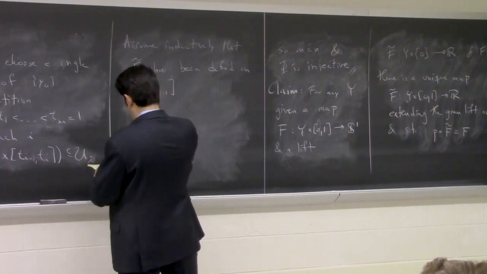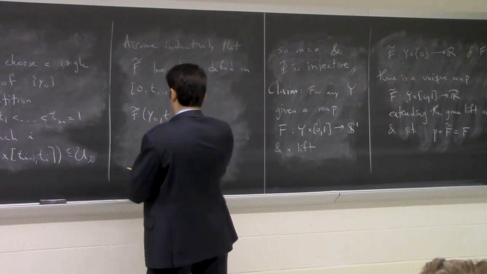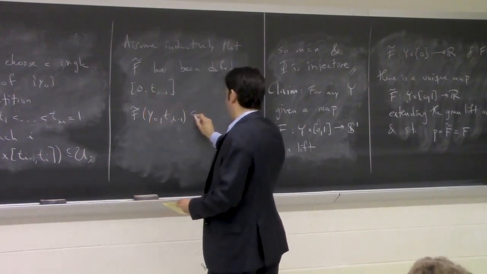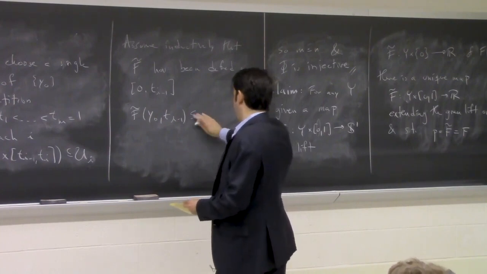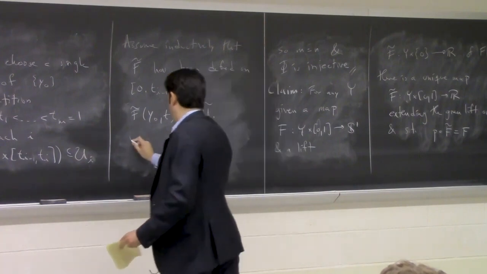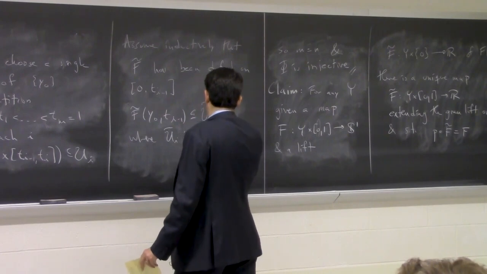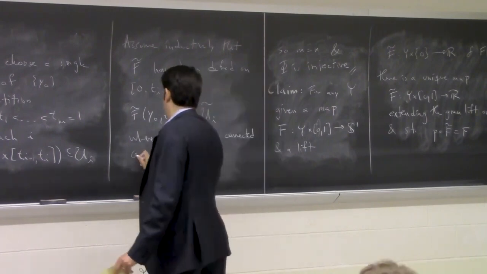Okay, so f tilde of (y naught, t_{i-1}). In terms of this notation, this is contained in U_i tilde, where U_i tilde is some connected component